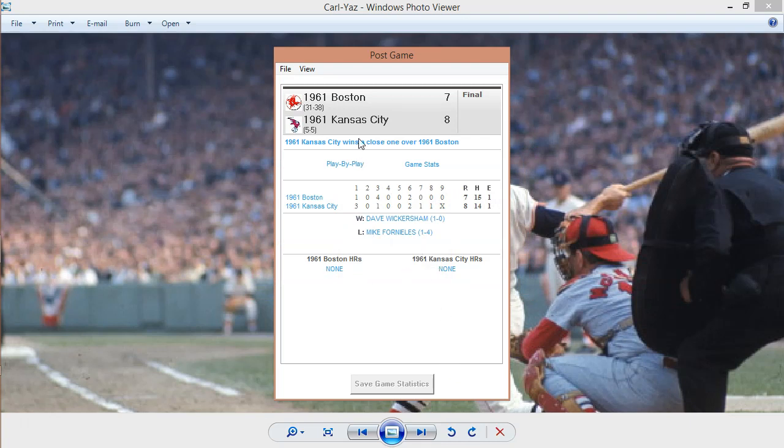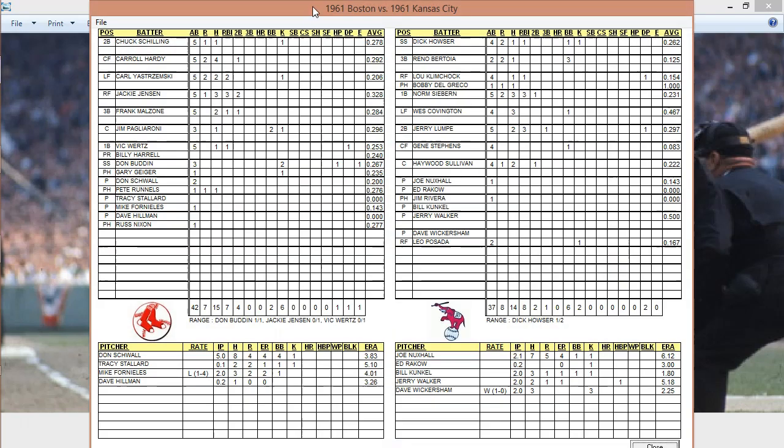So no home runs for either team. All right. Good news. Good day for Yastrzemski anyway. So, all right. So Dave Wilkerson will get the win. Pitches 2 innings, allowing 3 hits, 3 runs scored. And Mike Fornellis, unfortunately, is the tough luck loser, although Tracy Stallard was the one who opened the door. And Fornellis just could not stop it.